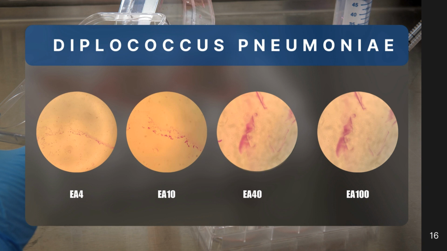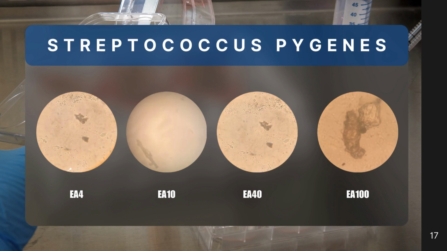Diplococcus pneumoniae, also known as Streptococcus pneumoniae, is a bacterium responsible for many types of pneumococcal infections. These bacteria are typically found in the upper respiratory tract of humans, but they can cause serious infections such as pneumonia, meningitis, and bacteremia, a bloodstream infection. Pneumococcal infections can be prevented through vaccination. The last specimen in the bacteriology is